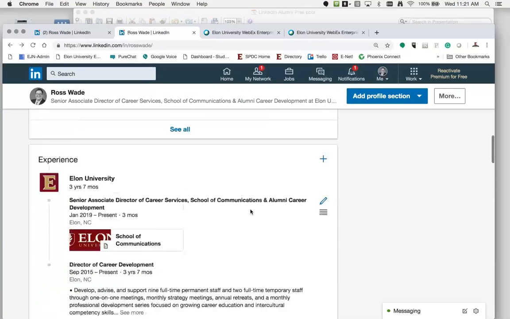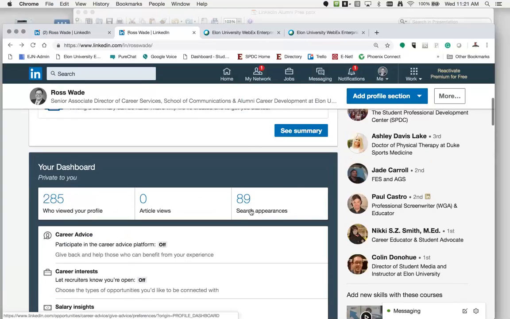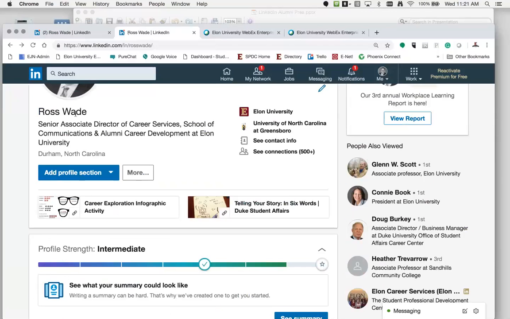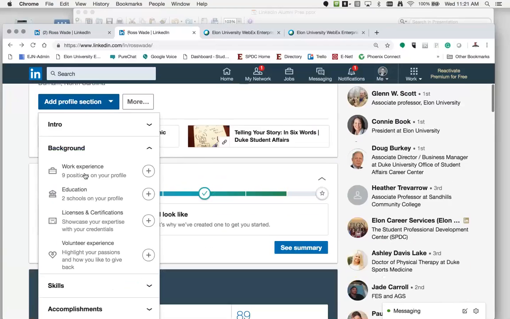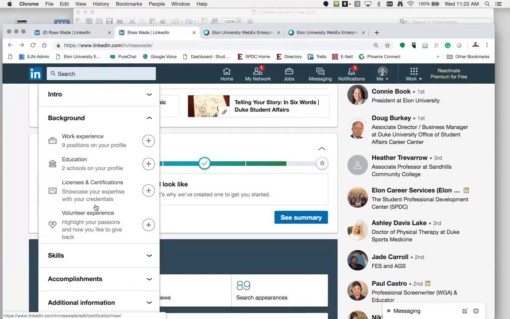I want to scroll back up to the top because a lot of folks say, well, I do a lot of service work, or I'm a mechanical engineer and I've got patents, or I've been published, and where on my profile can I add all of that information? So if we go to the top, under your name and your title information, you can do Add Profile Section. And down here, it gives you a bunch of different things that you can add. I think it's automatically going to have work experience and education in there. But if it's not, just click on the Add button, and it's going to put it in your profile, and then you can go in and fill it out.